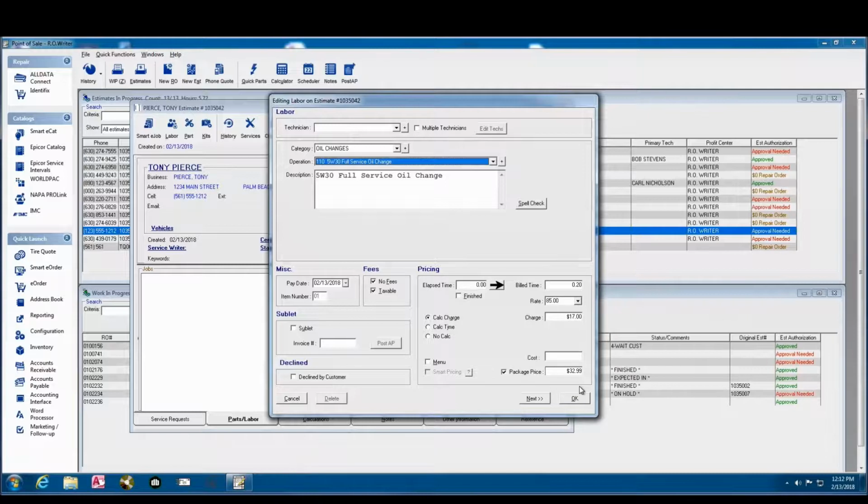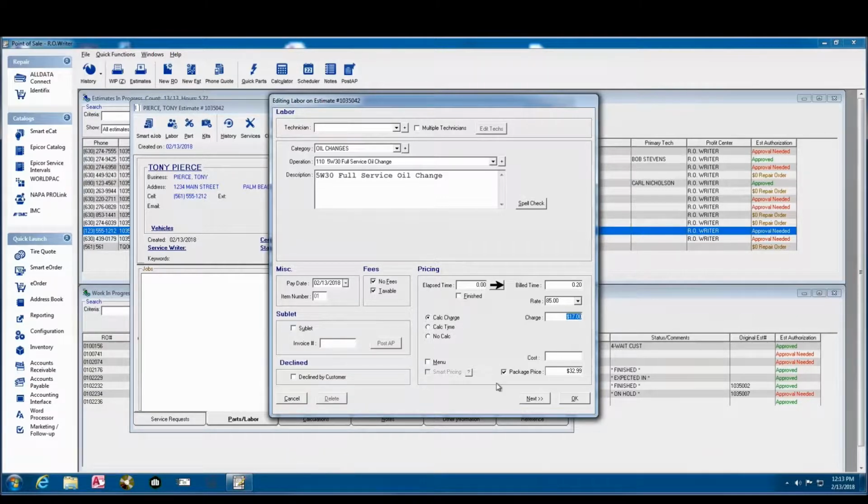probably the most relevant piece to take a deeper look at as we're going through. I'm giving my technicians 0.2 of an hour flat rate time, pardon me, for having performed that oil change. Now that doesn't necessarily mean that's what I'm paying them. Depending on my pay plan, I may or may not be using that. However, in my case, I'm using the flat rate time to also keep track of proficiency and efficiency. So 0.2 of an hour is what I've got pre-configured to be added whenever we do an oil change. My hourly labor rate is $85, so that works out, if you do the math, to $17 as a charge